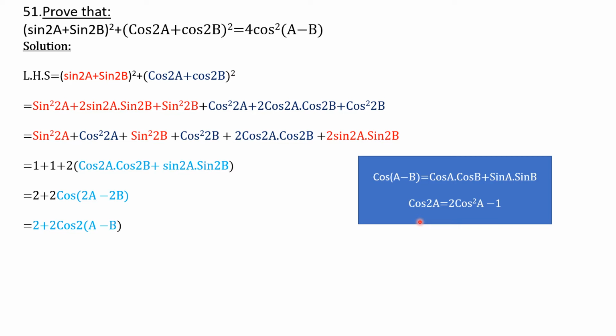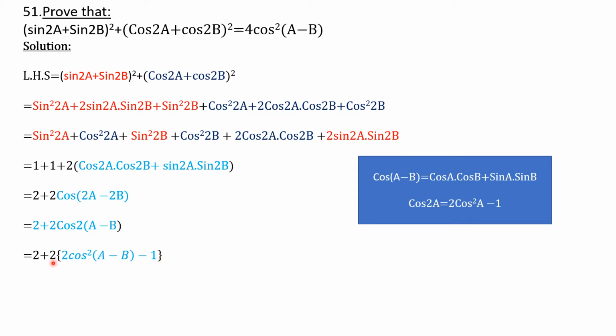And then again we must recall one formula. We know cos 2a is 2 cos square a minus 1. I repeat, cos 2a is equal to 2 cos square a minus 1. So here also we have cos 2a. Let's consider a minus b as a single angle. So applying this concept, we will get 2 cos square (a minus b) minus 1. Actually it is 2 cos square theta minus 1. Am I clear? Okay then.